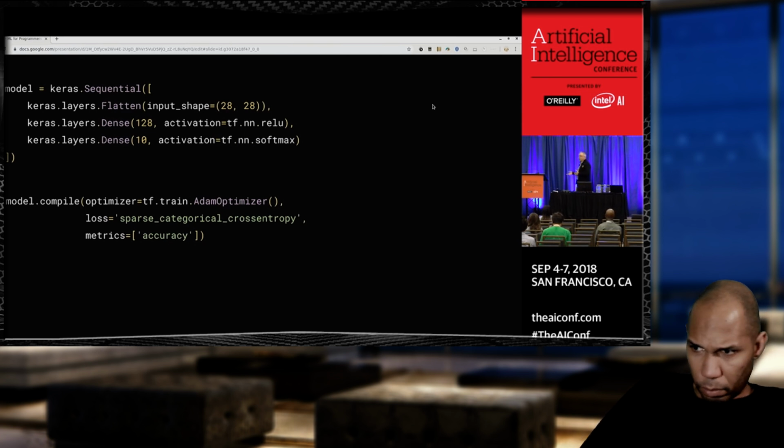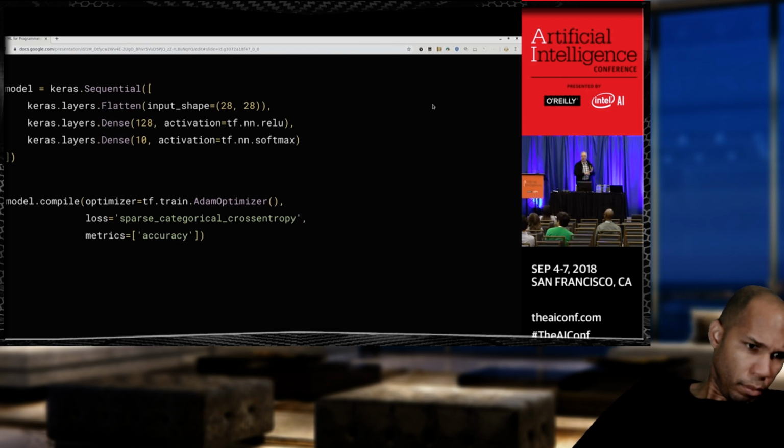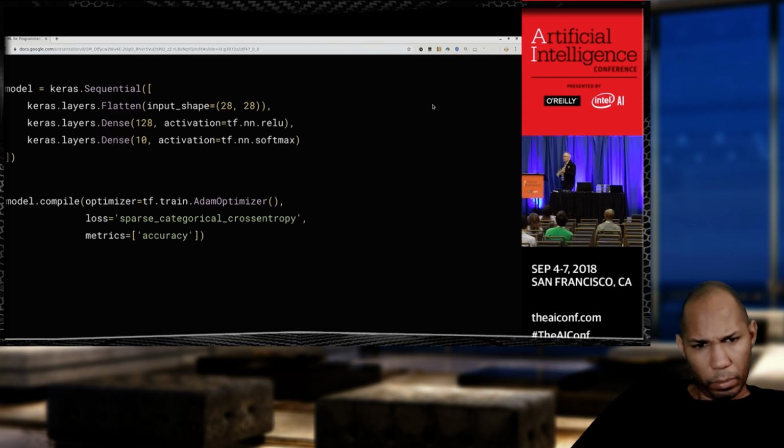All right, so now I've defined my neural network, and the next thing I'm going to do is compile it, with the same code as we saw earlier. In compiling my neural network, I have to specify the loss, and I have to specify the optimizer. There's a whole bunch of different types of loss functions and optimizer functions. When you read academic research papers around AI, a lot of them specialize in these, saying for this type of problem you should use a loss function of sparse categorical cross-entropy because of X, and for this type of problem you should use an Adam-based optimizer because of X.